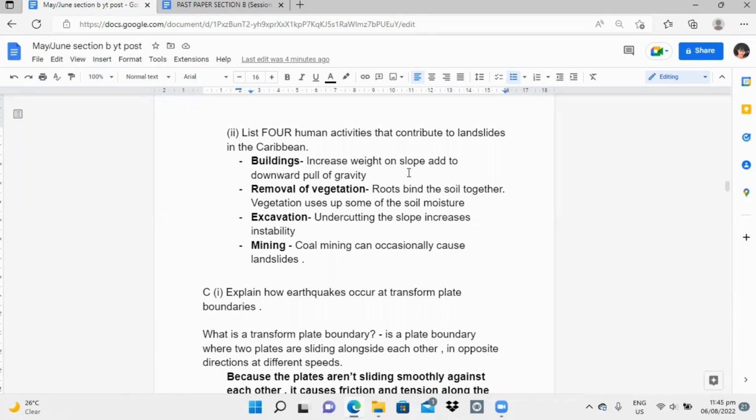That's usually where landslides take place, because gravity has to pull the soil or the land down, and that can only take place on a height or on a hillside. So